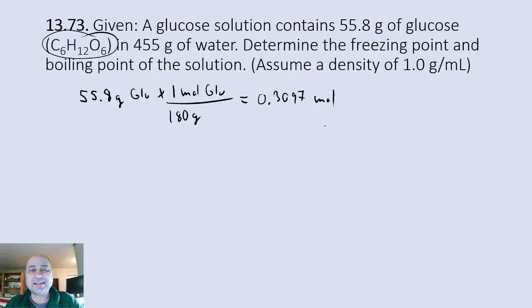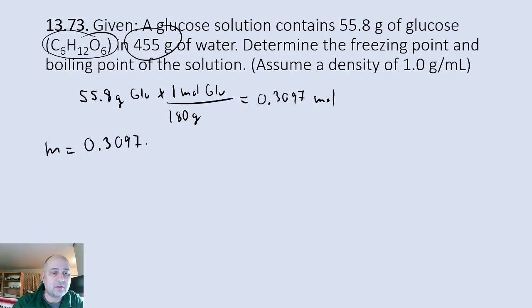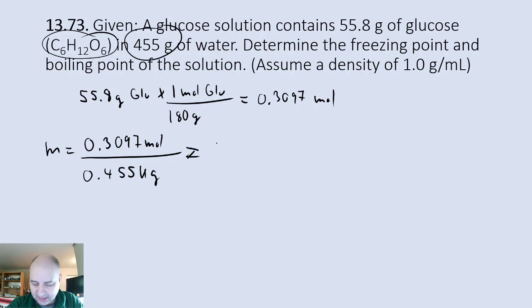What is the mass of the solvent? It is 455 grams, so that's 0.455 kilograms. So the molality is going to be 0.3097 moles divided by 0.455 kilograms,